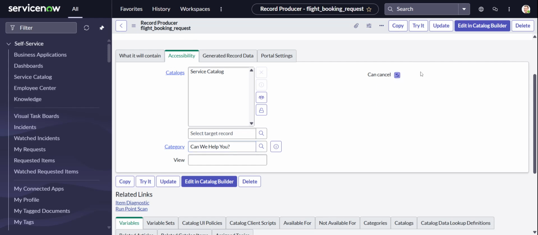Take this checkbox, cancel. If the user wants to cancel this record producer, they can cancel it after creating the record. So this is for the purpose of canceling. Next, go to the